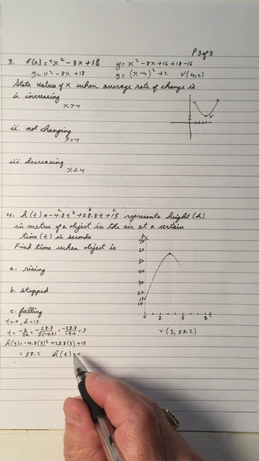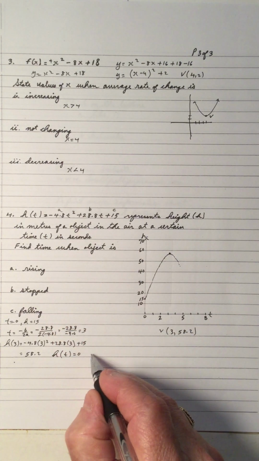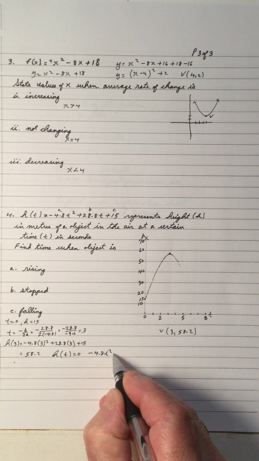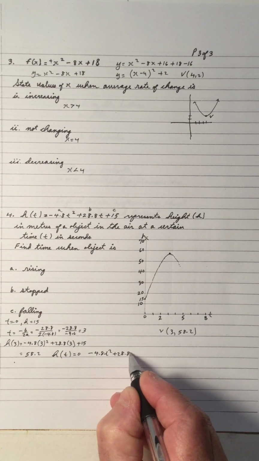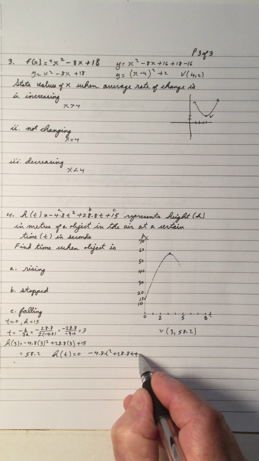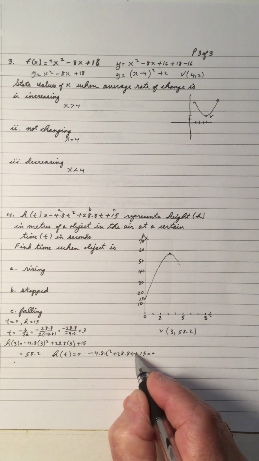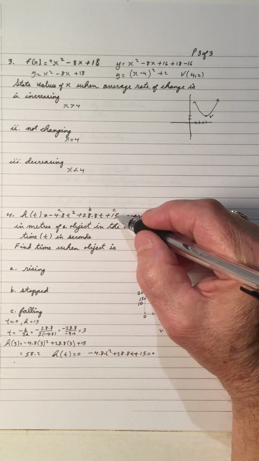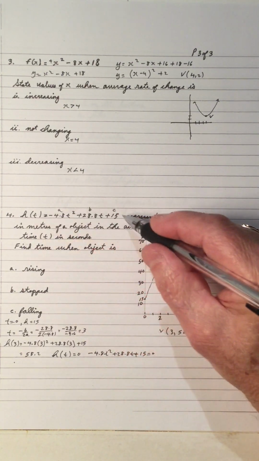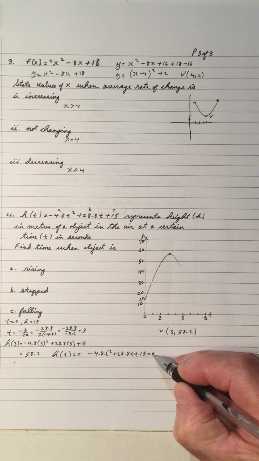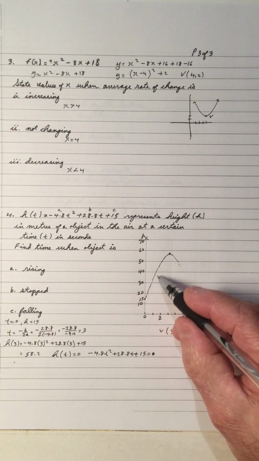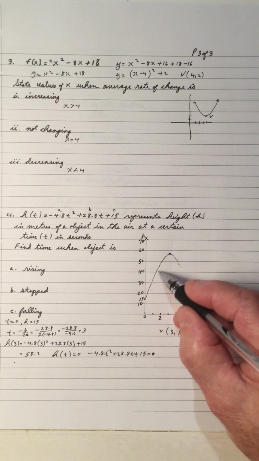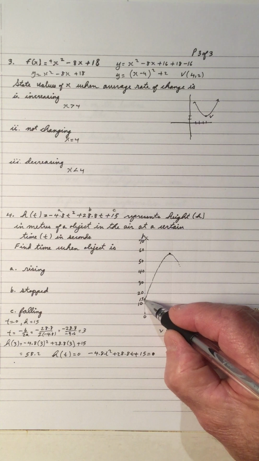In other words, we let the height equal 0. So we have negative 4.8 t squared plus 28.8 t plus 15 equals 0. So I'm letting the height equal 0. Now, if I let the height equal 0, I have this equation equal to 0. Now, let me draw this. Just watch. If it starts off here and goes up to here, if you would let this line come down here like this,